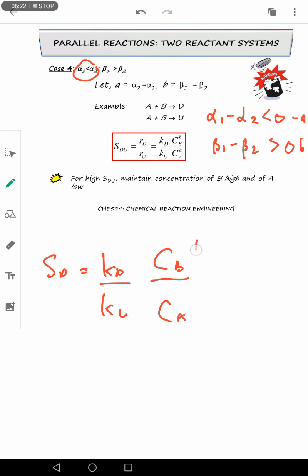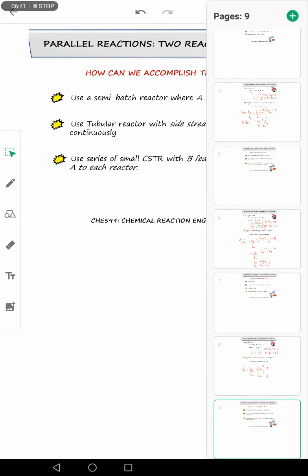This is the order of B and this is A. So untuk case yang keempat, you have to maintain your concentration of B to be high but concentration of A to be low. So the suggestion, you boleh tengok dekat sini,